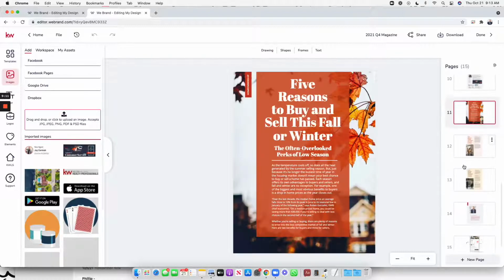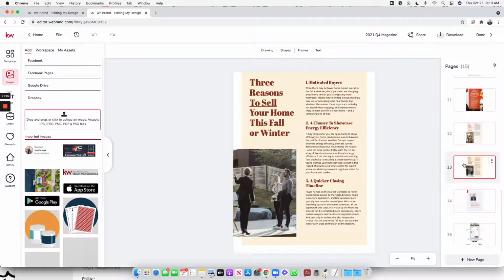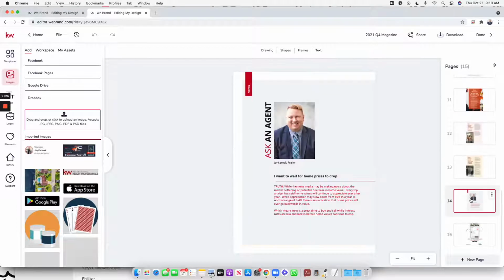The fall tips are the same, so I didn't make any changes there. I actually didn't use the testimonial page this time, and I did not go into featuring a bunch of properties this time. I really wanted to focus on the meat and the materials of the information to give this guide away to my database. However, I did take advantage of Ask an Agent,